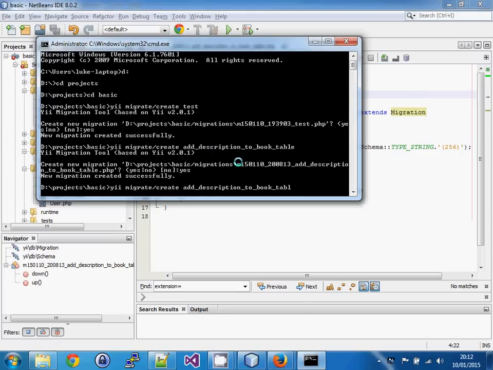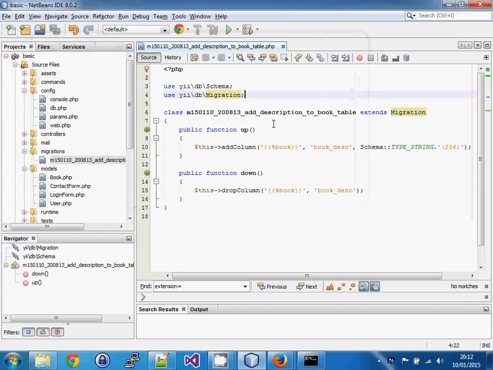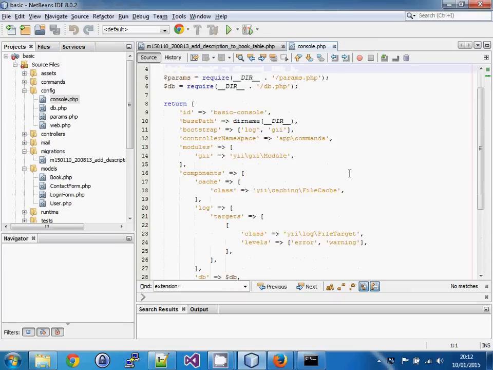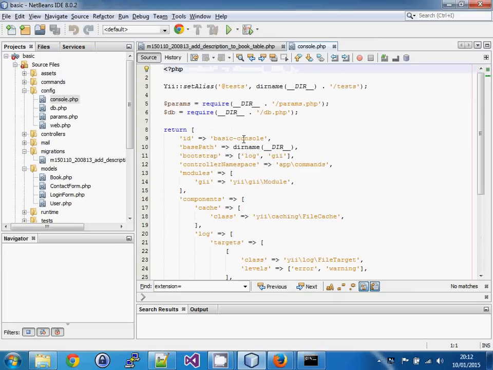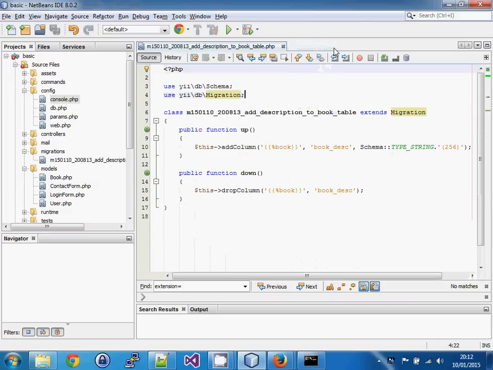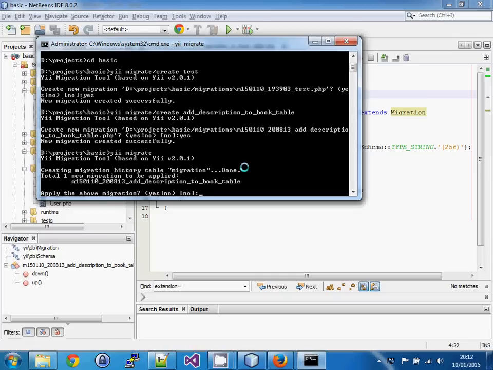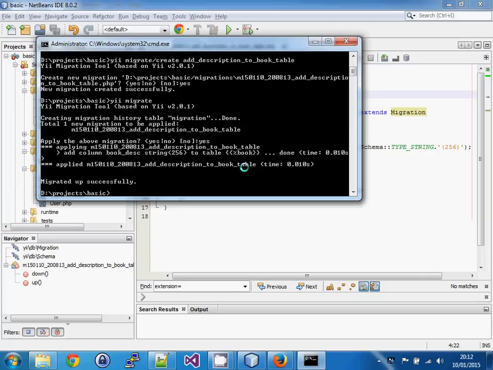So if I do yii migrate, now what's important here is this is going to be using the console configuration to find the database. So I need to make sure that the database is the same connection string, which it is because it pulls in that common file, which is great. If I do yii migrate, it will look in the database and see if any migrations are outstanding. In this case, it knows that there is one outstanding and asks, do I want to apply it? It will ask me this for every one that's in the directory, and I say yes,